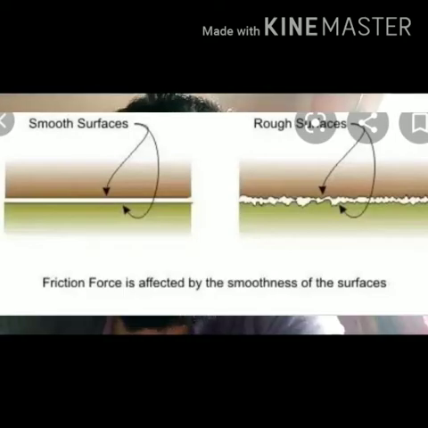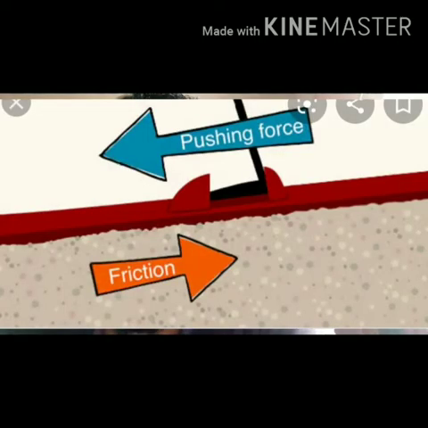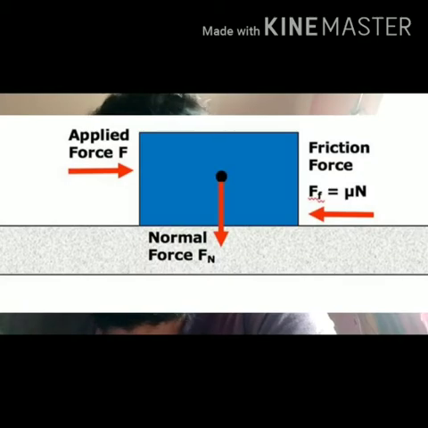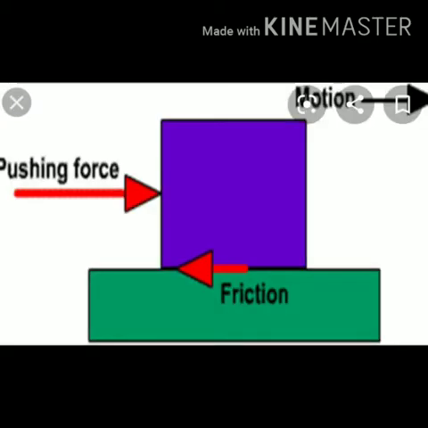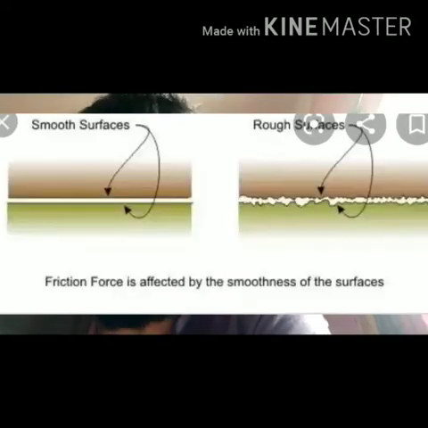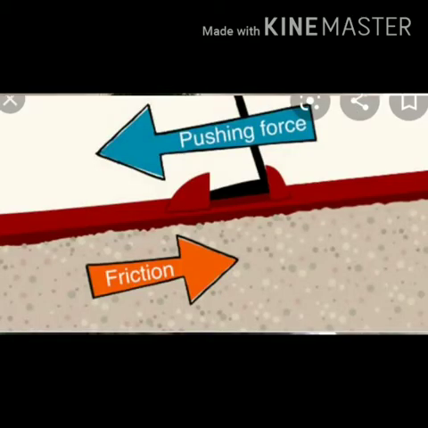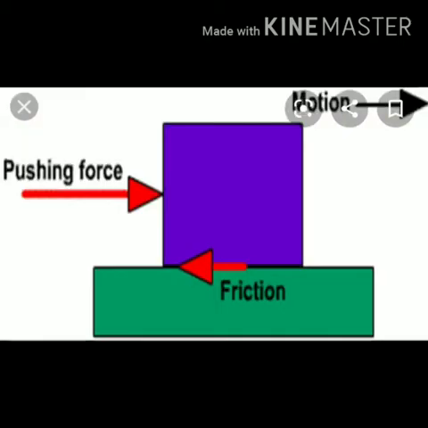So today in class 6 physics we will start with friction. You all know that friction opposes motion. Suppose one example: a ball rolling on the ground slows down and eventually comes to rest after some time. This is because while it is moving, it experiences a force in the direction opposite to its motion. The opposing force is called friction.